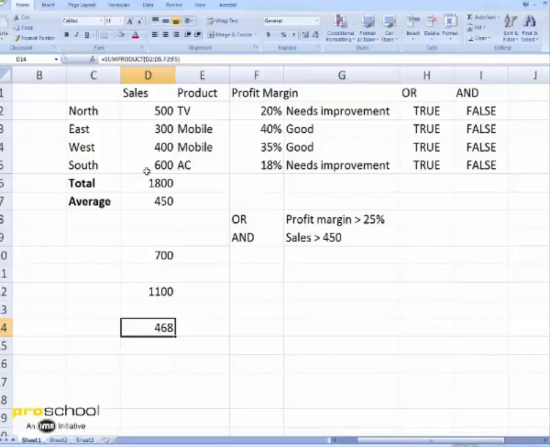You can verify that for yourself. So sum product could take any number of arrays as long as they are of equal length, and it will multiply the corresponding values in the array and sum up all the products that you get in the end. So this is useful if you want to combine such a feature where you want to do this kind of summation.